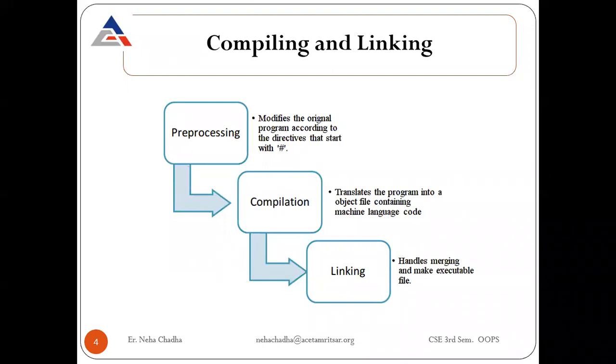Then the compilation process converts your program into the object file containing the machine language code. Then there is linking of the program that handles merging and makes the executable file. To study the compiling and linking process in more detail,